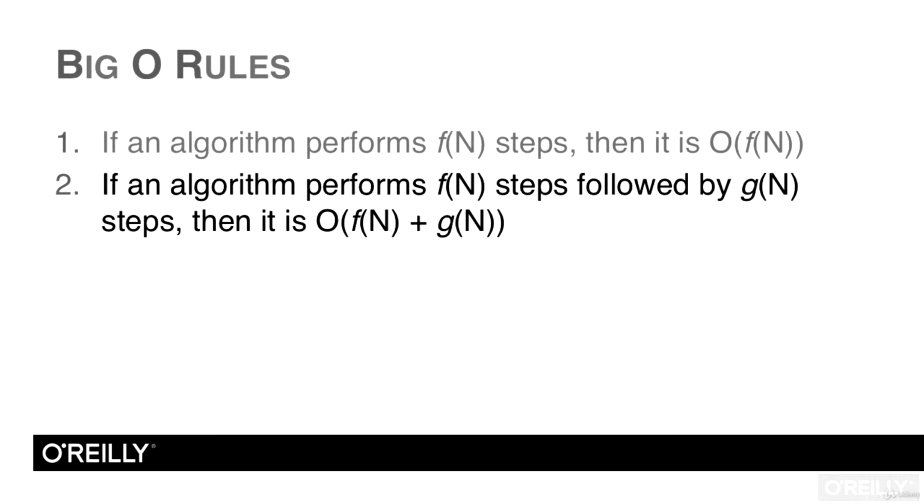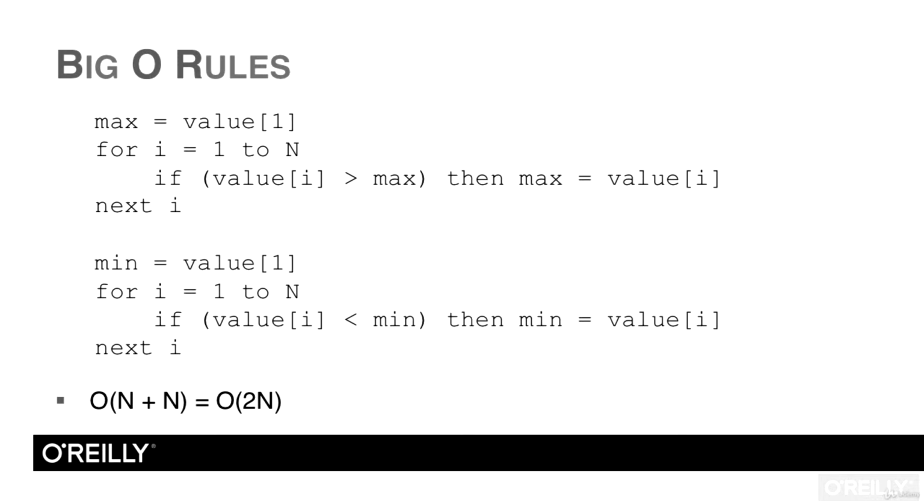Here's the second rule. If an algorithm performs f of n steps followed by g of n steps, then it has behavior order f of n plus g of n. For example, consider this algorithm for finding the maximum and minimum values in an array of values. The algorithm starts as it did before to find the maximum value. Then it repeats roughly the same steps to find the minimum value. First it performs n steps, then it performs another n steps, so its behavior is order n plus n, or order 2n. If the algorithm performs some steps followed by some more steps, you can add the behavior of the